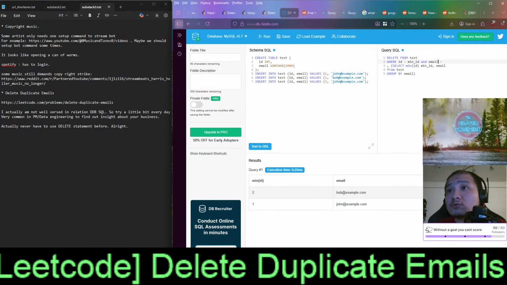so you want to do email equal to this table unique, then unique dot this, and email equal unique dot email, something like that.